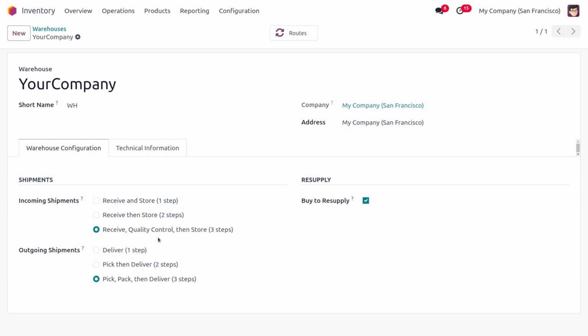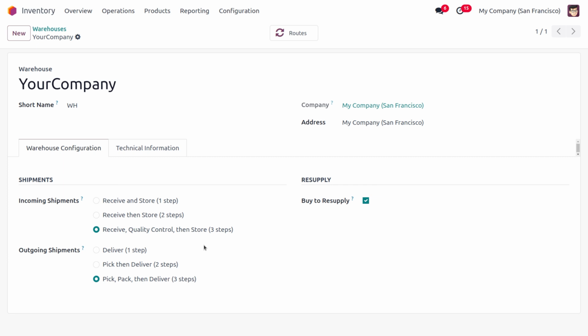The received goods undergo an inspection to verify their quality conditions and compliance with specifications, and any defects or non-conforming items are identified and segregated. Afterwards, the quality personnel document the inspection results, and any other necessary actions are taken. And when we move on to the stock or the store, the inspected and approved goods are